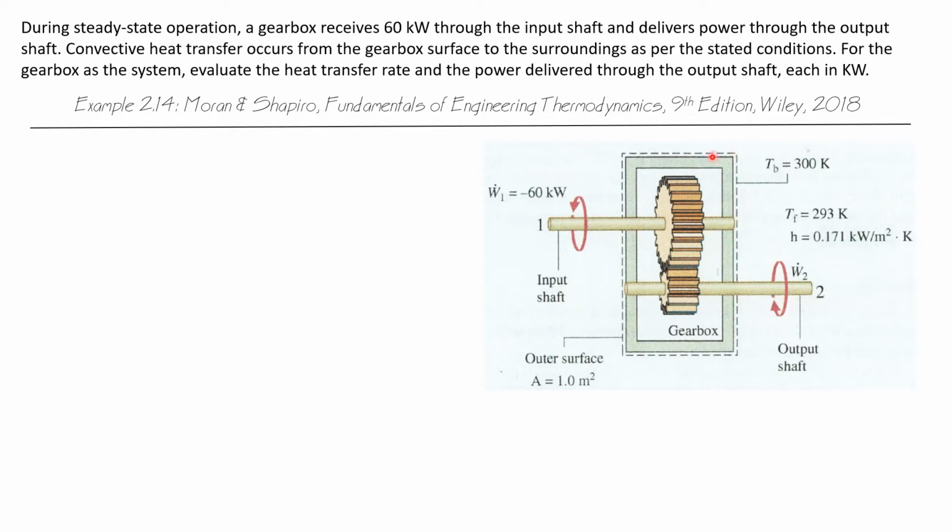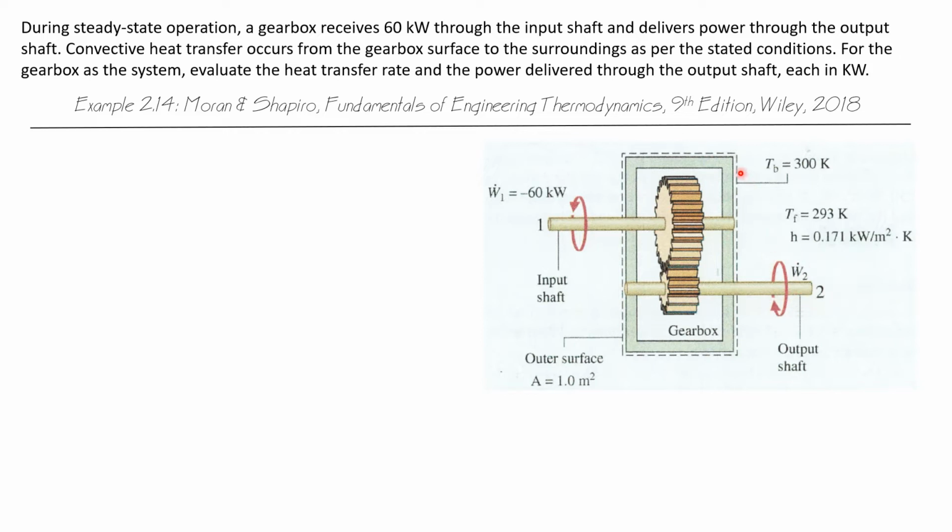Okay, so that entire gearbox is our system. And this input shaft delivers power to the gearbox. And it is doing work, it's delivering energy into our system. So this power rate here is going to be negative, all right? And then we have an output shaft that delivers power from our system, so it's going to have a positive